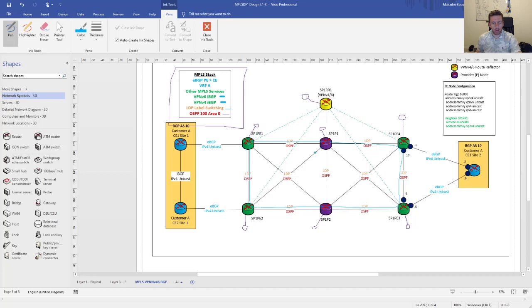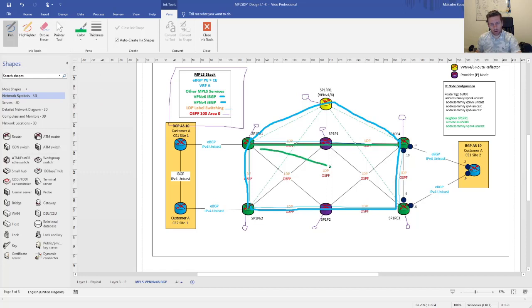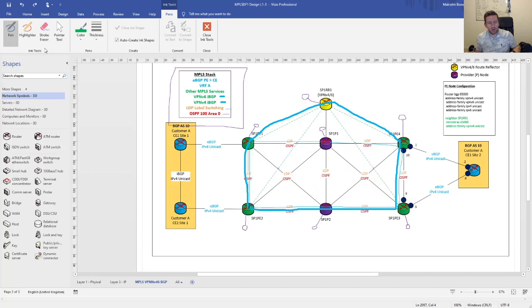However, the actual peering of VPN v4 and VPN v6 would have to either be a full mesh. And you can imagine in a service provider network doing a full mesh between every single router in the network. It's going to get a bit crazy. So instead of doing that, what we do is we peer to a VPN v4 route reflector